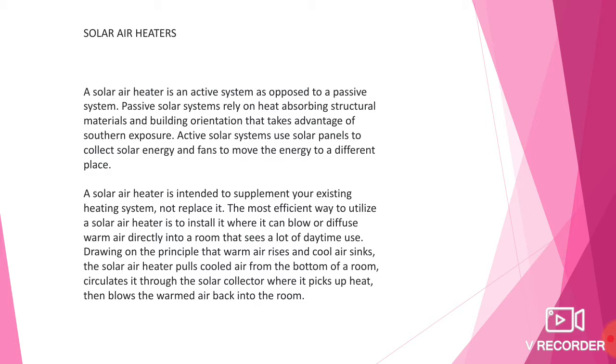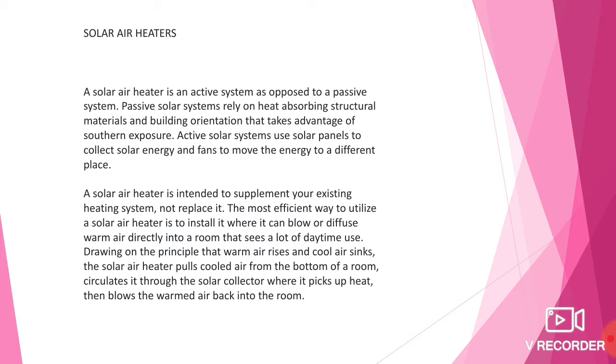A solar air heater is an active system as opposed to a passive system. Passive solar systems rely on the heat absorbing structure materials and building orientation that takes advantage of southern exposure. The active solar systems use solar panels to collect solar energy and fans to move the energy to a different place. So, the solar air heater